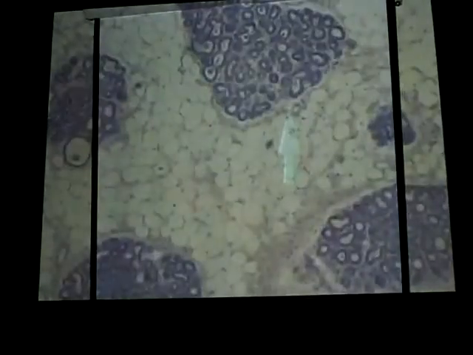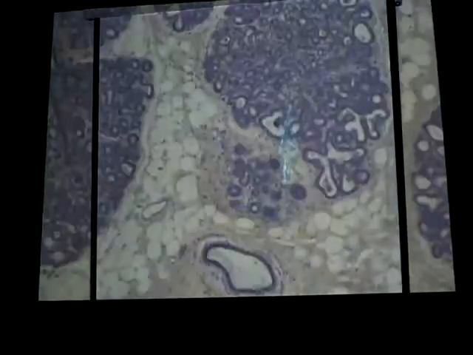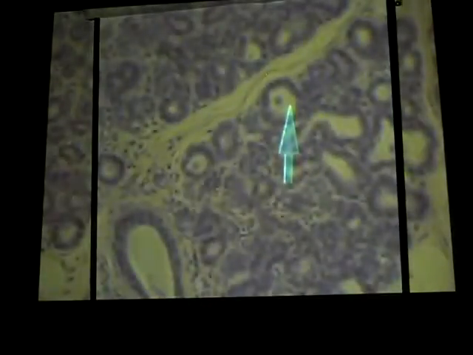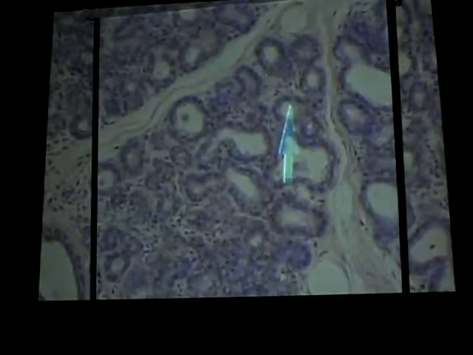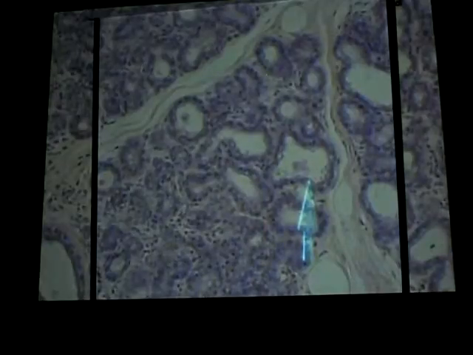Again, we're seeing a lot of adipose tissue that's present between the glands. In some of them you can see a little bit of secretions in here. These are modified glands. These are going to be secreting or producing milk during